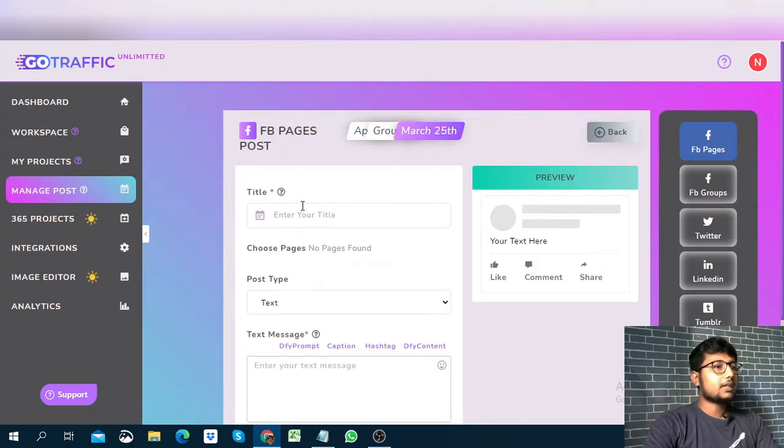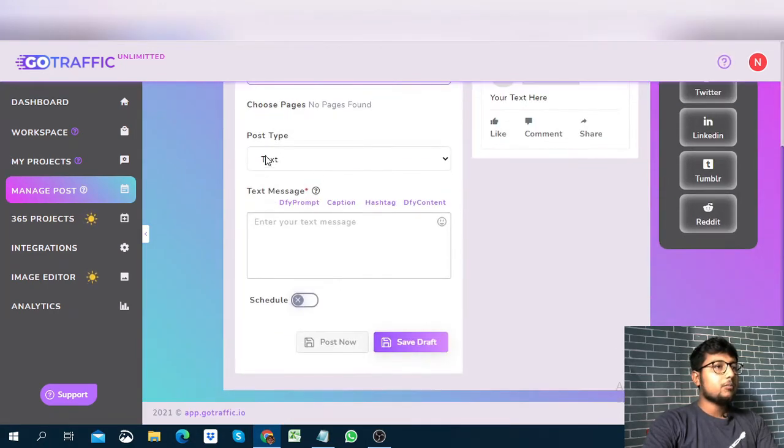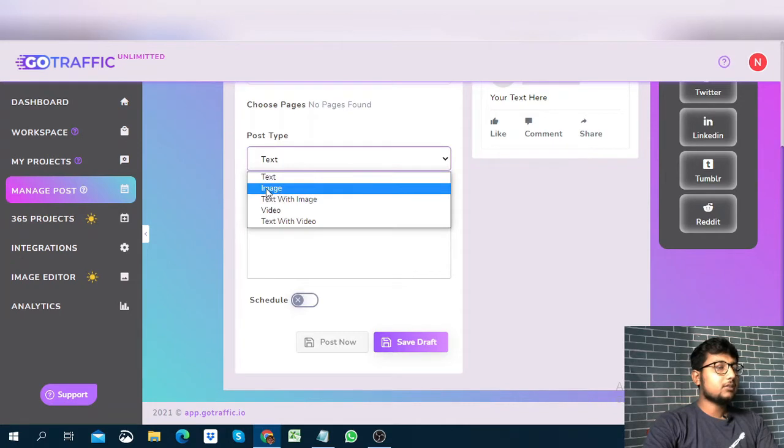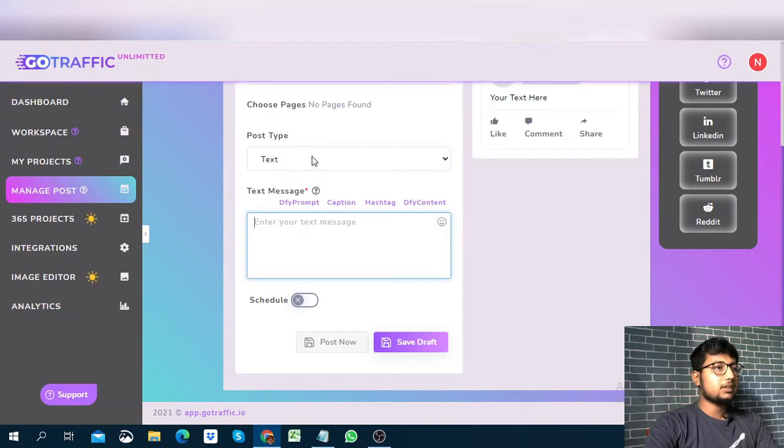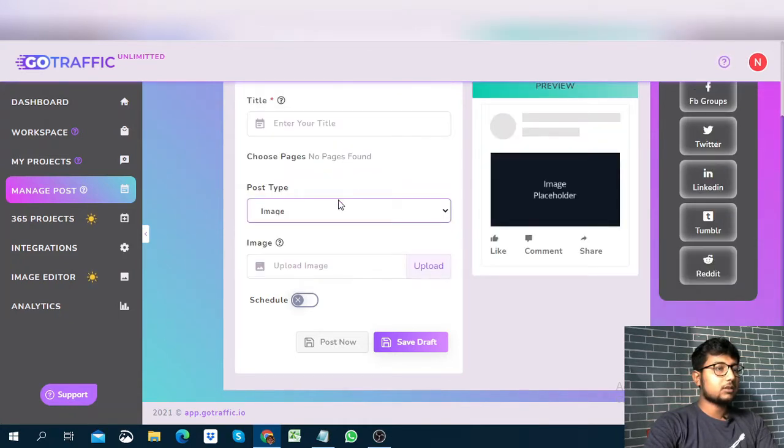So I have to give a title here, and I have to give a post type. For post type, you can add your image, you can add text with image, you can add videos, or you can add only simple text. Okay, so I just put image, so you can see how it works. In this image section you can add your own image, and you can schedule the post here. You can schedule it right now, or as you want.